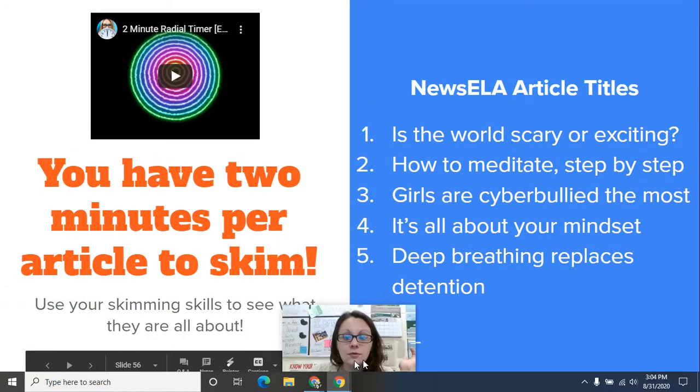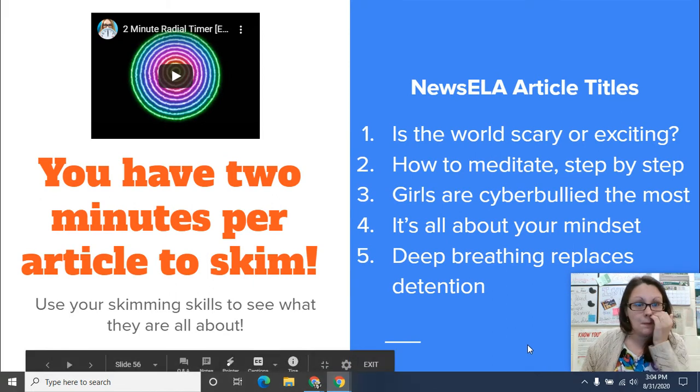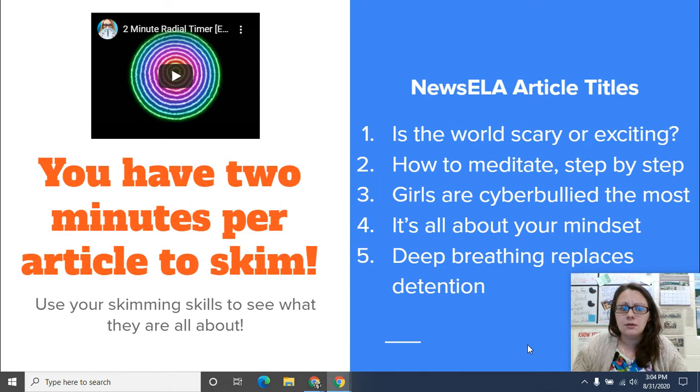And of course, the thing you're going to want to do before you read one article in detail is to skim. So as a reminder, skimming is looking for different text features. It's looking for what kind of pictures you see in the article, what kind of bolded words, what kind of things are highlighted or italicized or other formats that have changed in the article. So what pops out at you? So when you're skimming, you want to make sure you're using your skimming skills to figure out what these articles are all about. And take about 2 minutes per article to skim each one.